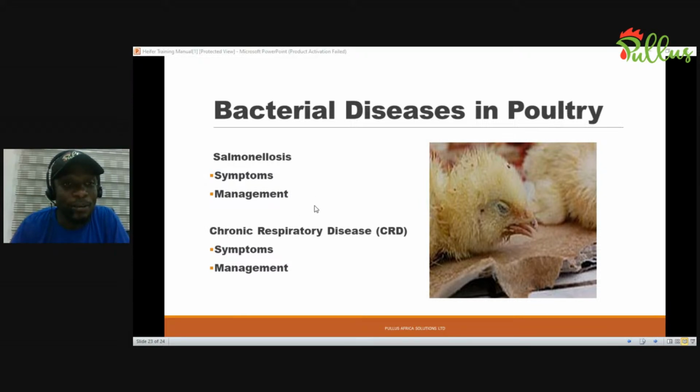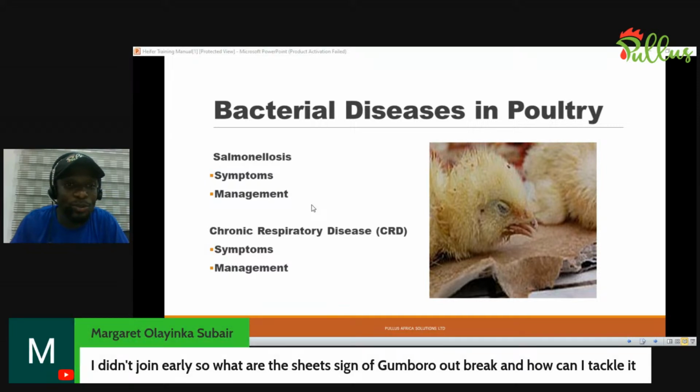You see coughing, you see sneezing, you see rales. These rales mean they will be making this sound that is abnormal. You also see lack of activity. The common symptoms, like I also mentioned, are the reduction in feeding, the reduction in water intake, and also reduced activity. Most times, this comes very clearly with reduction in feeding, especially when it is serious. And sometimes you might also see that their head might be swollen, which we call sinusitis.